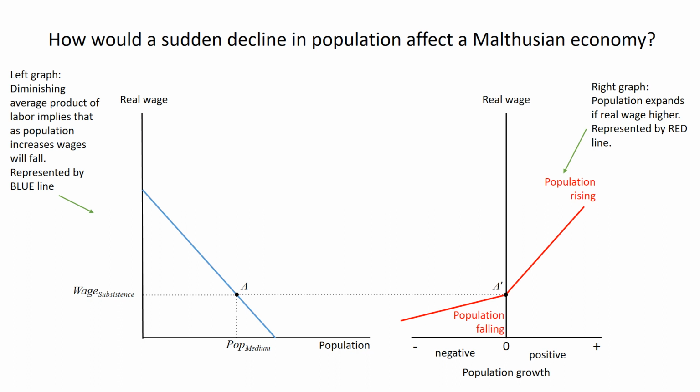So here's an example of that. Remember that we talked about how the Black Death or bubonic plague of the 1300s in Britain caused a large decline in population over a fairly short period of time. So what would happen if we went from this equilibrium situation here to one where, because of forces that are not really related to the variables in the model, so we're not talking about something that's happening in agriculture, for example, or in